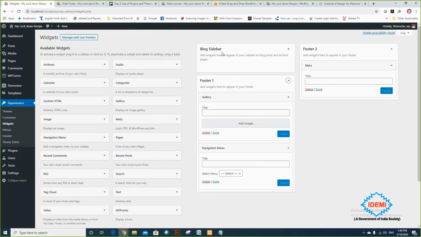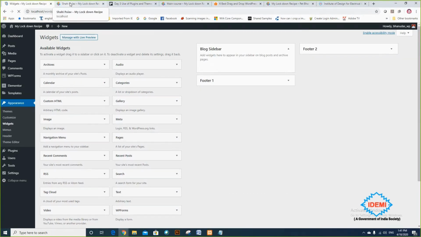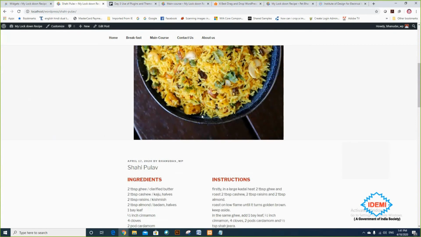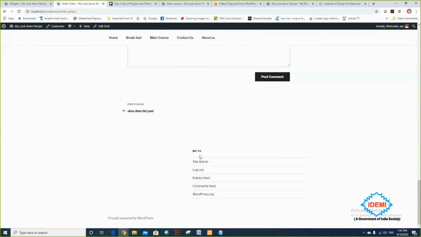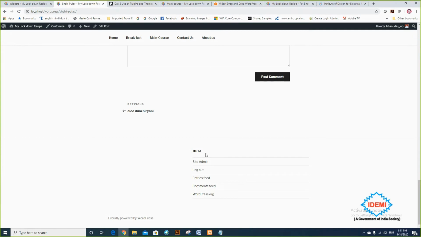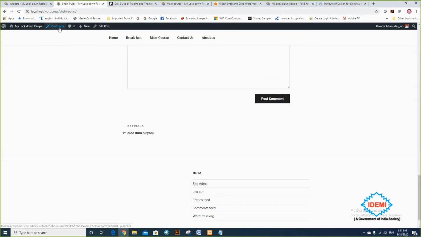Okay, so I'm not talking about the sidebar. Now I'm talking about the footer here. So look at this, and refreshing it, and the footer always appears at the bottom. So now this is my footer. So it contains what? The meta option of the sidebar, because I put the information, gallery, navigation menu, and this is footer 2. Footer 1 does not exist. So footer में मेटा है, इसलिए यहाँ पे मेटा दिख रहा है. अभी वो मैं चाहता हूँ कि footer 1 क्यों नहीं दिख रहा है.